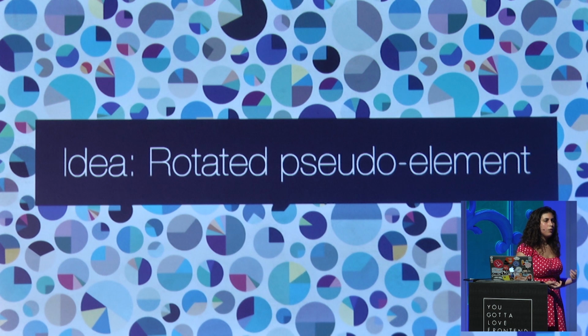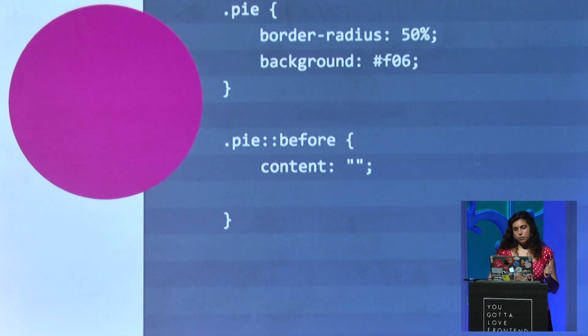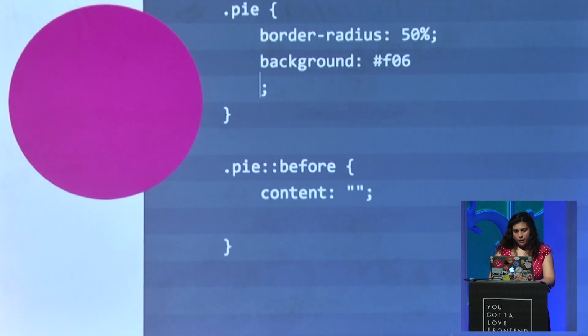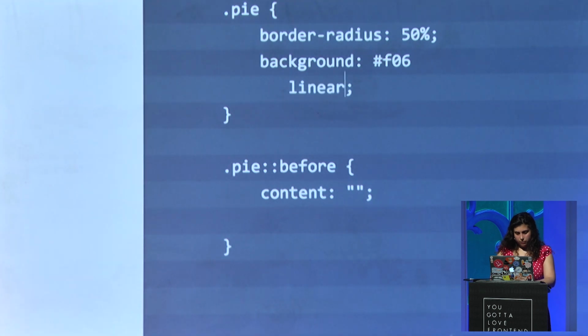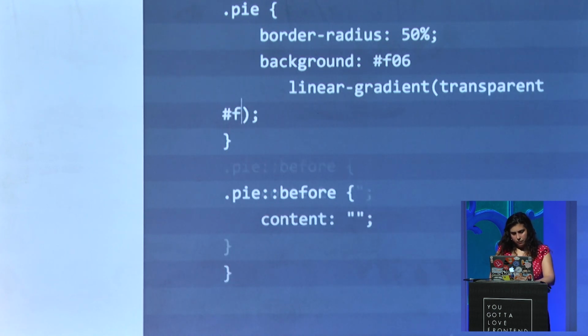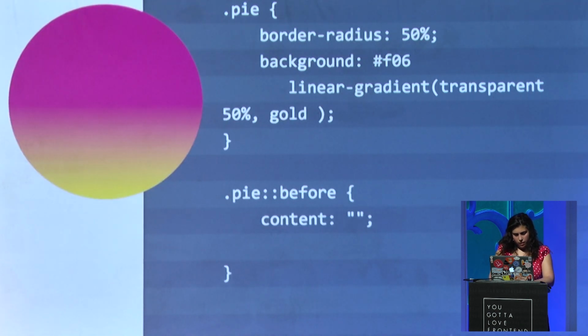When we think how can we make custom angles with CSS, like any angle, and show it in a pie chart, skew transforms might be the first that come to mind. Then we start thinking about how we can exploit rotations, how we can unveil something and progressively show parts of it. So the trick here is to first color our circle with half of the circle pink, well, magenta, and the other half of our circle as,